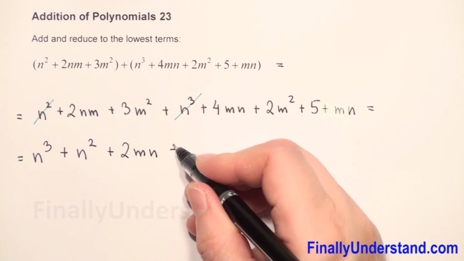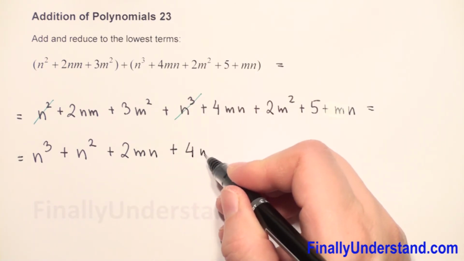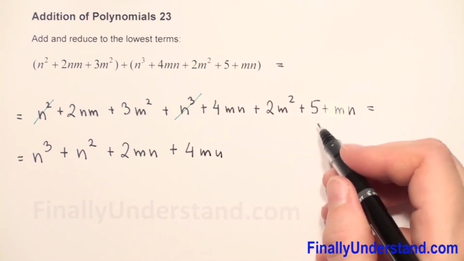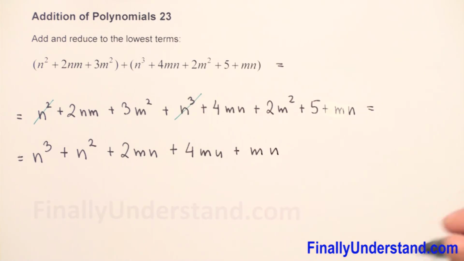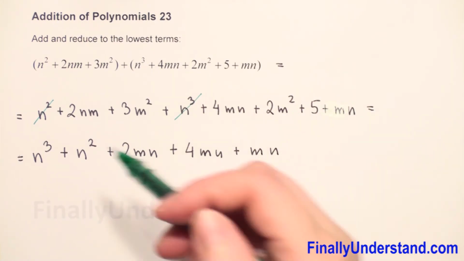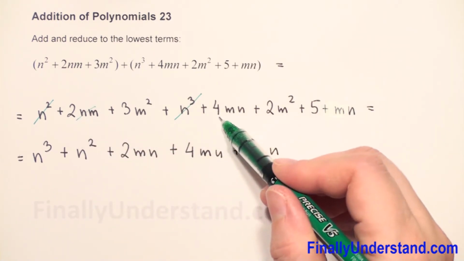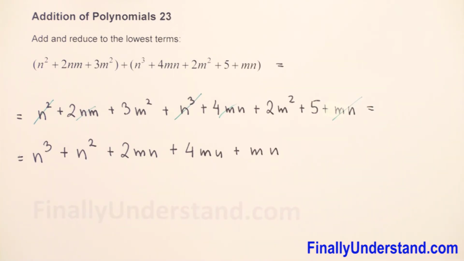Next we have plus 4mn, and we have plus mn. So let's cross these three terms, and next we have